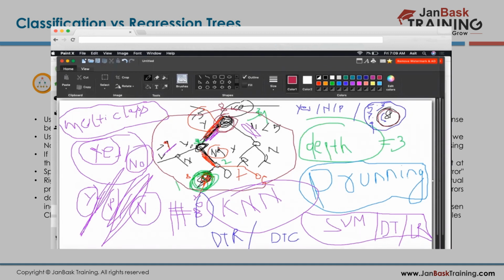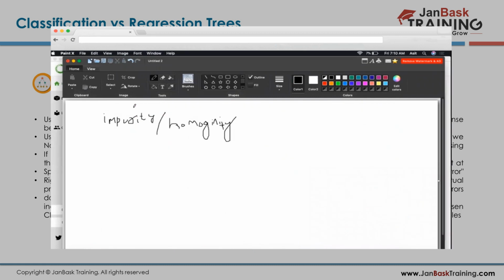Then come to the second node, it will check whether it's greater than 9 or less than 9. Still you have not got into your leaf node. Your ultimate aim is to classify 8 into a leaf node. Obviously 8 is less than 9, so you come to the right branch, then you come to this node. Here you classify 6, 7, 8. So that's the concept of impurity.